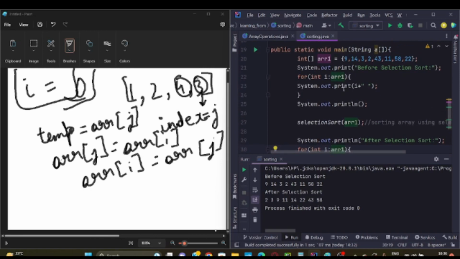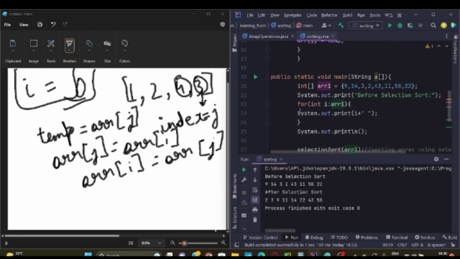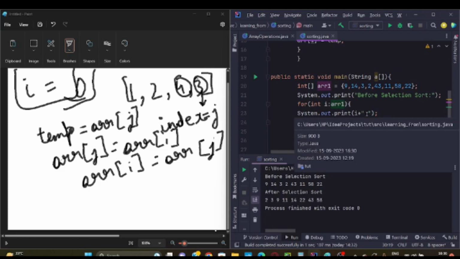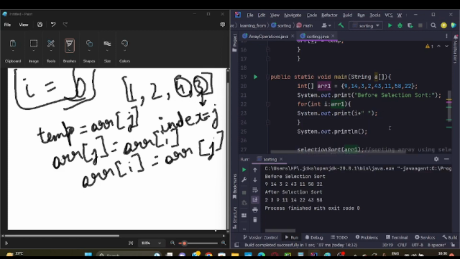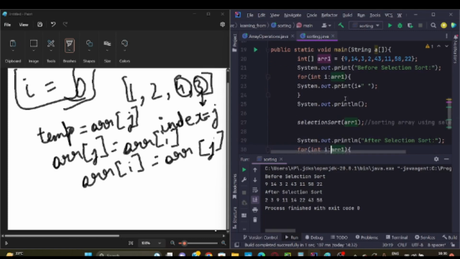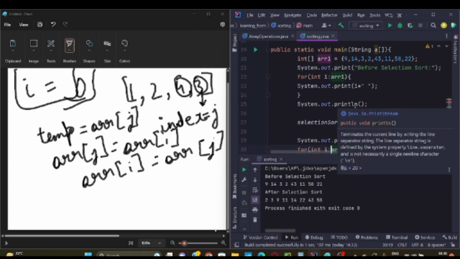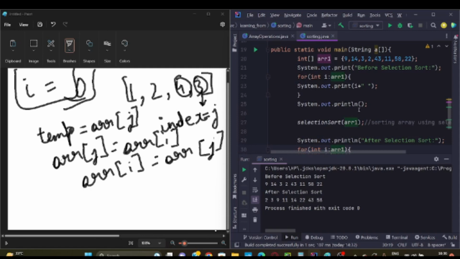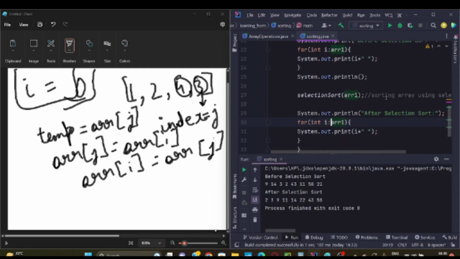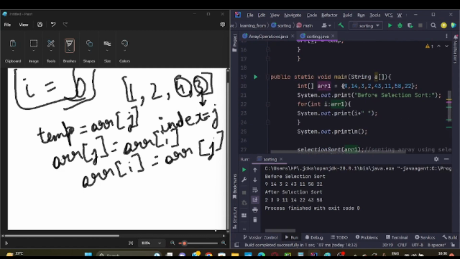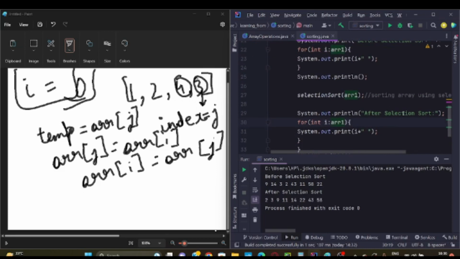Now the rest of the part I will tell you. System.out.println I, now it is pretty clear, it will go like this. System.out.println, and it will give a separate line after which it will be printed. Now here it is, first our array before selection sort will be printed, then our array after selection sort will be printed. Now if I execute this,